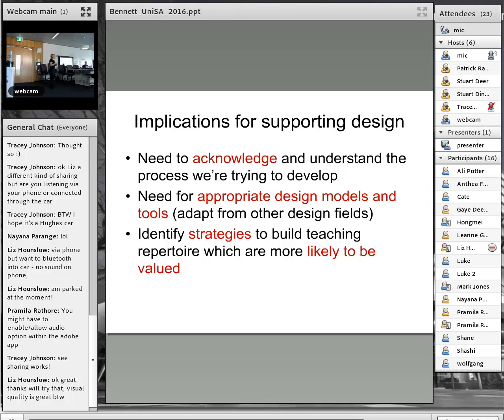So as part of that, making the case that there's already a practice and that we can develop tools that can support that practice and develop it further. Identifying strategies that build teaching repertoire. So I guess it's going back to this idea that it's not that teachers need to be fixed. It's not that that would be a deficit view. It's that what we could be doing is seeking to build their repertoire of skills in teaching and learning. And an approach like that is going to be more valued than an approach that just comes in and says, okay, you've been doing it wrong, just do it like this.